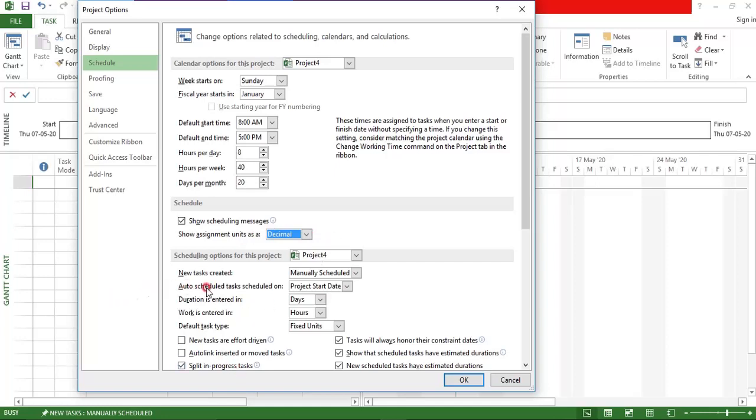Next one, new task created: manual scheduled and auto scheduled, there is an option. In the next lab, when we come across this while doing the project, I'll show you what changes it will make. Also I'll explain the fixed units and fixed duration.